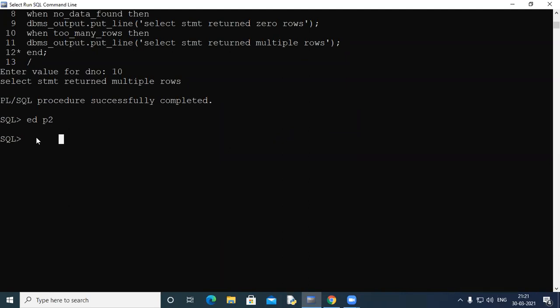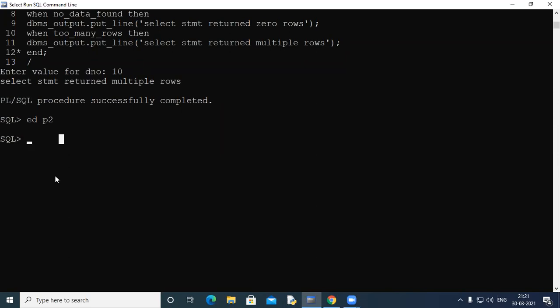Sir, a cursor is a SQL area which allows us to manage the rows returned by the select statement. Yeah, so when our select statement returns multiple rows, then we can process it using a cursor, which is a special PL/SQL memory area where all the rows returned by a select statement are stored and can be processed. Okay, fine. What are the different types of cursors? Sir, one is implicit and one is explicit. Okay, implicit and explicit. What is implicit and what is explicit?